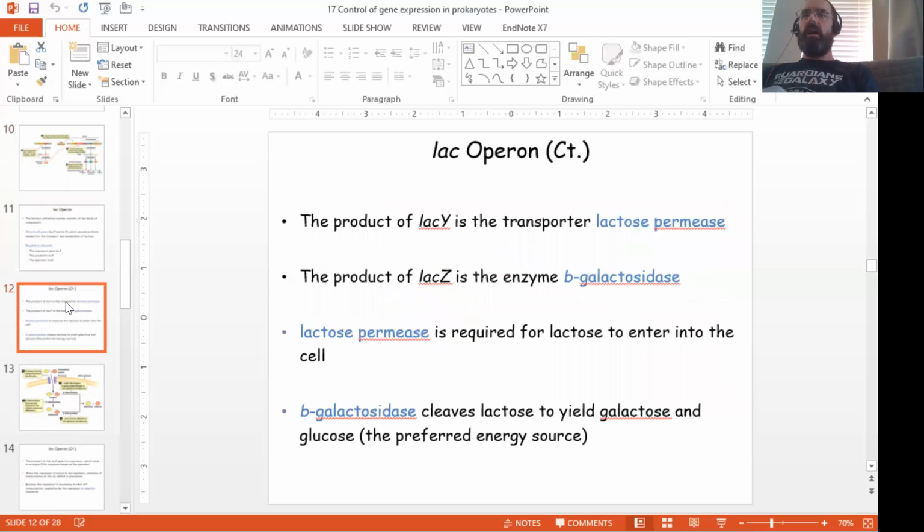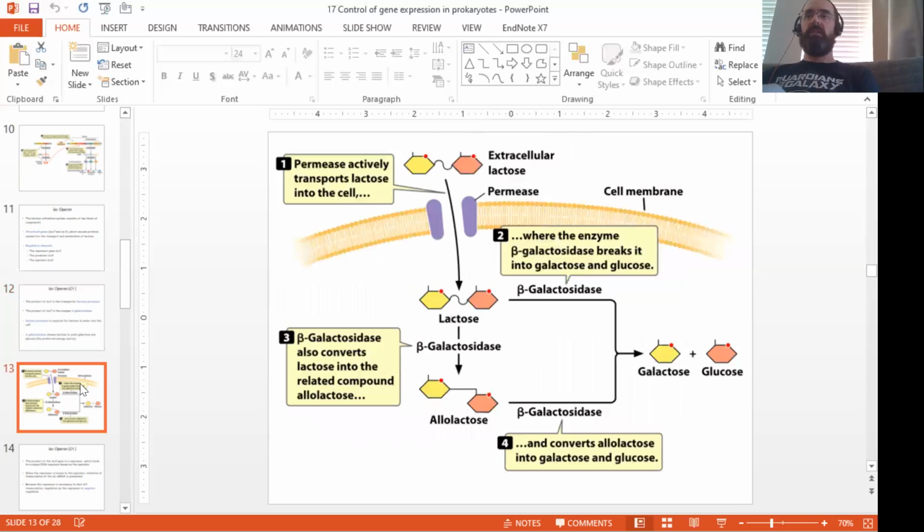All right, and this is just a description of what I just told you with regard to this. Essentially, what we need, as if we were a bacterium,